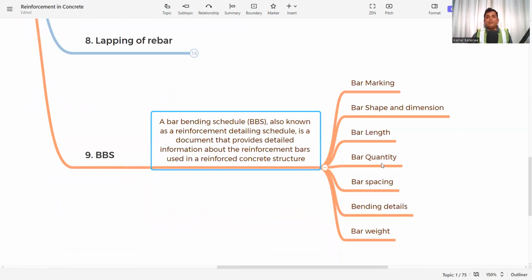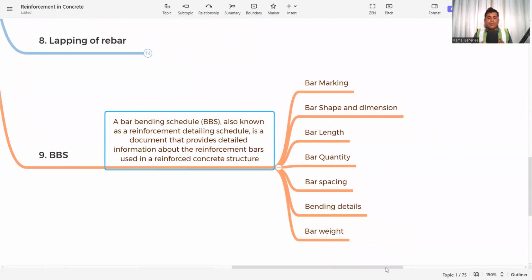The first thing is bar marking. Now, why is bar marking required? Suppose we need to reinforce a beam. Maybe on top there are 3 bars, at the bottom there are 3 bars, and for the shear force, in the shear zone the spacing is different from the non-shear zone, so there may be 10 bars in the structural element. Now we have to mark the bars B1, B2, T1, T2. Accordingly we will know B1 means the bottom bar, T1 means the top bar, maybe B2 means bottom distribution, T2 means top distribution.